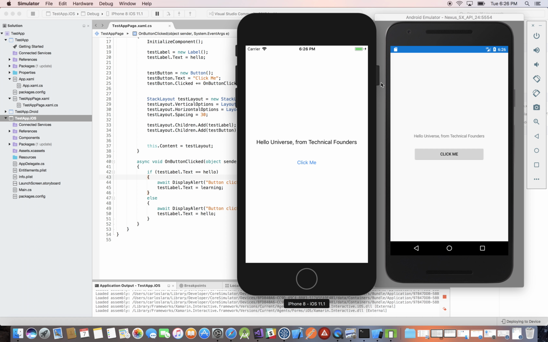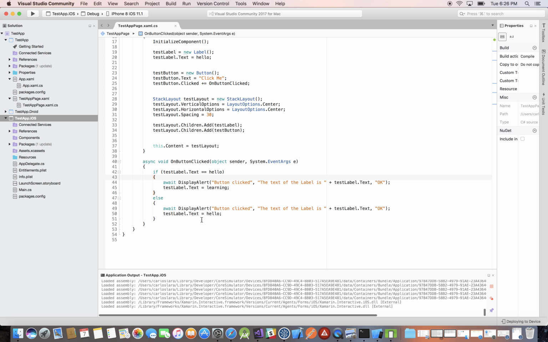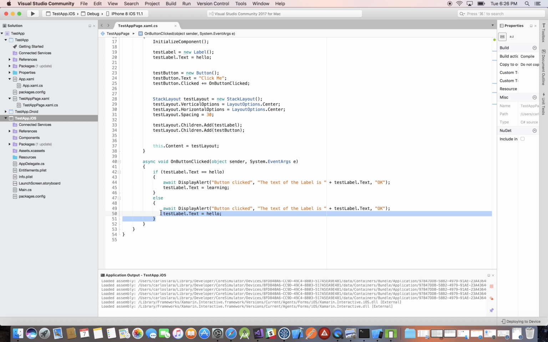And again, in this video, we'll just do iOS just to keep it simpler, or just to make this video a little bit shorter. So let's just stop running the current application. And now here we want to do arrays instead of these conditional statements. So we'll go ahead and delete